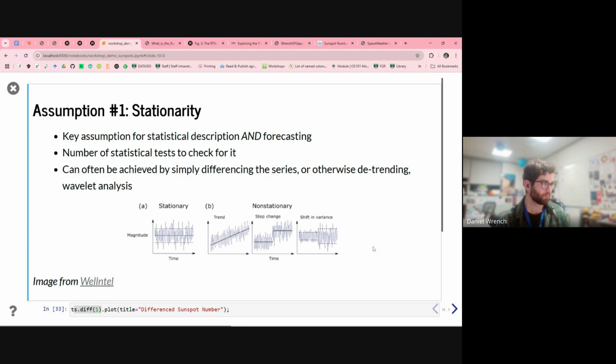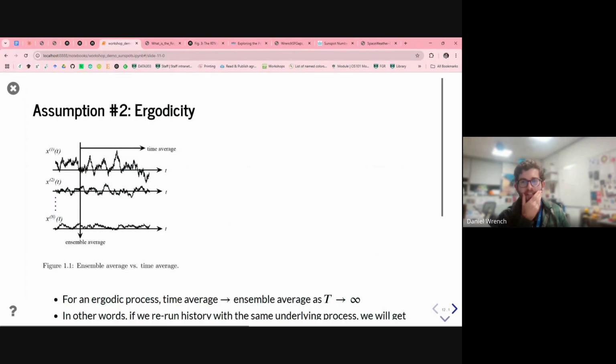Okay. So the other one is a similar idea, but it is distinct, and that's called ergodicity. So this figure here is kind of showing, if you remember this idea of a stochastic process, where one observed time series is a single realization of a stochastic process. The value at any individual time point could have taken on a range of values. That distribution might have been wide, it might have been narrow, but it had some distribution. And every time we measure a time series, we're sampling from that distribution.